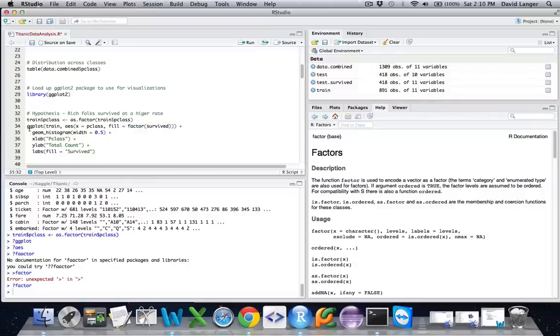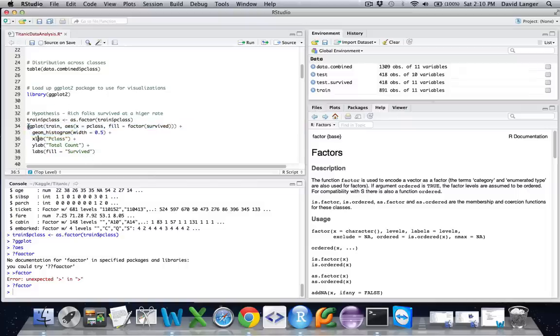And then lastly, we're telling ggplot, look, you've got the data, you've got some aesthetics that I'm providing you, what the x-axis is and what the fill colors should be based on this variable of survived. What I want you to actually plot out is a histogram with a width of about a half, and go ahead and display that to the screen.